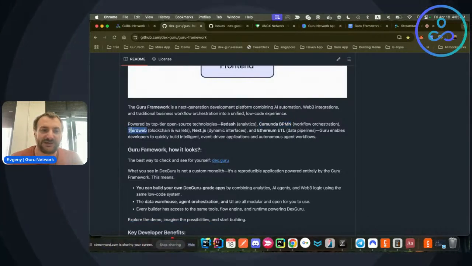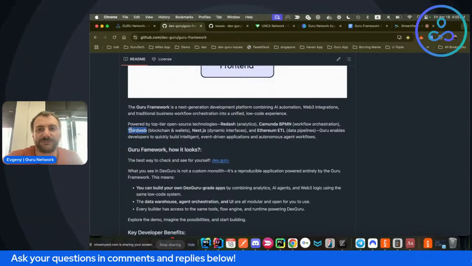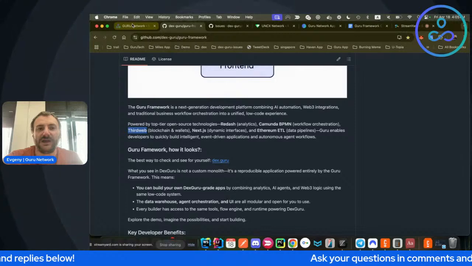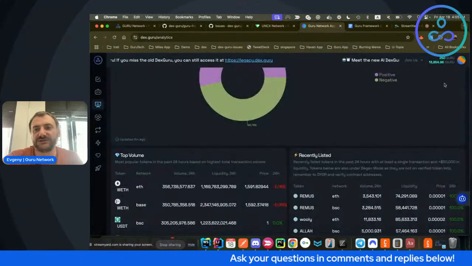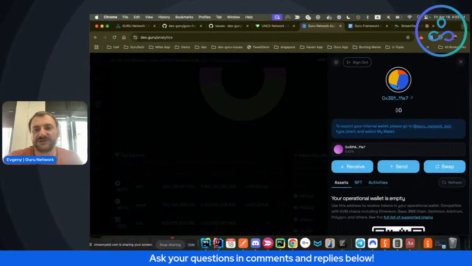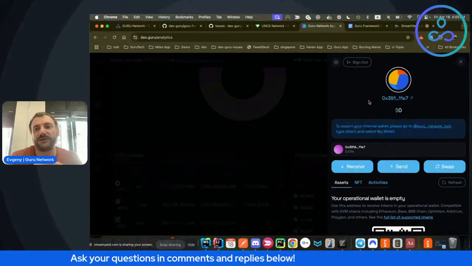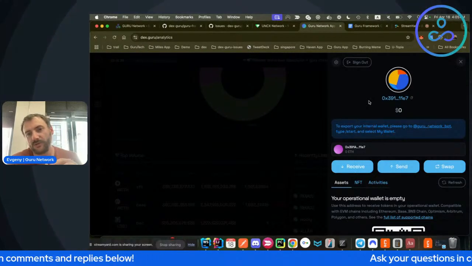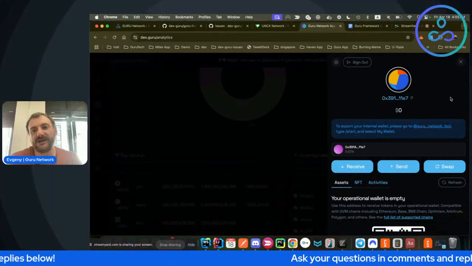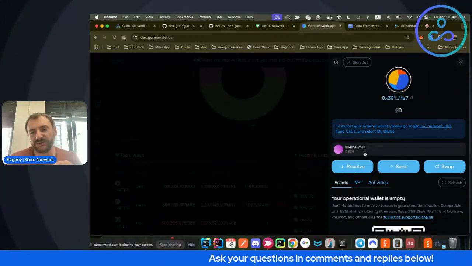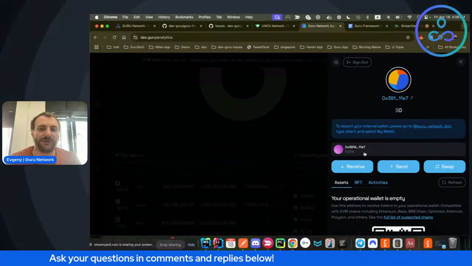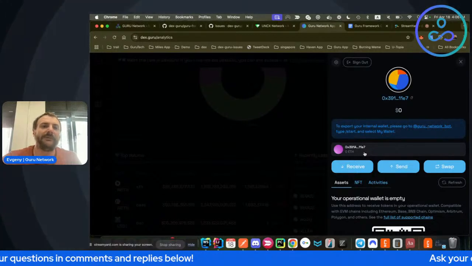ShowWeb is another partner of ours who provides authorization and the ecosystem wallet. So your application doesn't work in isolation. It's connected to the whole Guru network ecosystem via those ecosystem wallets, which work on every app. It works in DexGuru, it works on Burning Meme, it would work in your app if you spin it up from Guru framework.